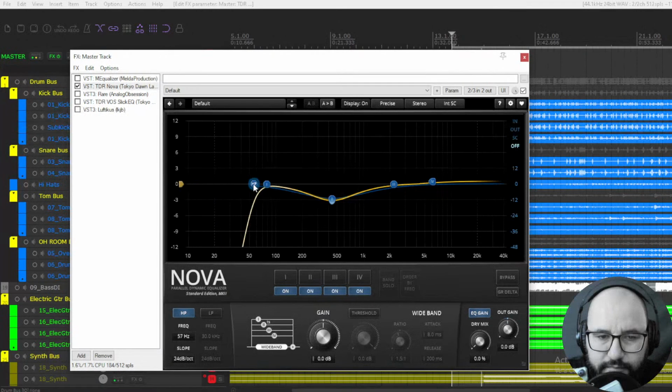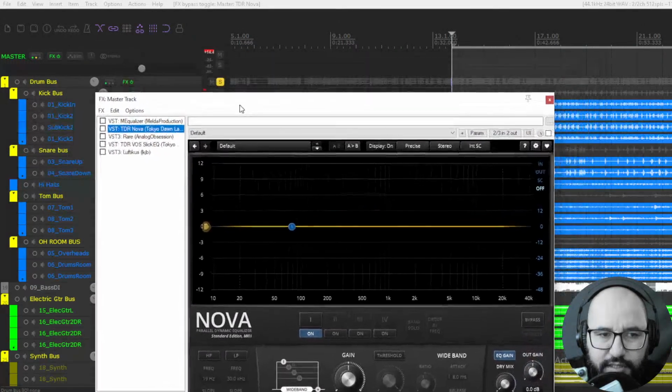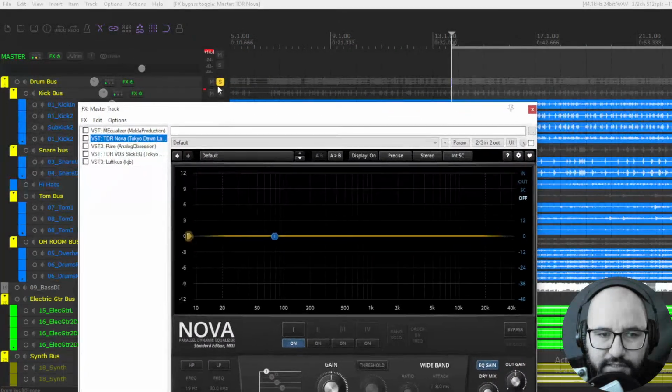This is the high pass and low pass. Super cool. Let's go back to default here. I'm gonna, yeah, just double click and it resets everything, right? Pretty cool. Awesome stuff. Let's check it out perhaps in a full mix.